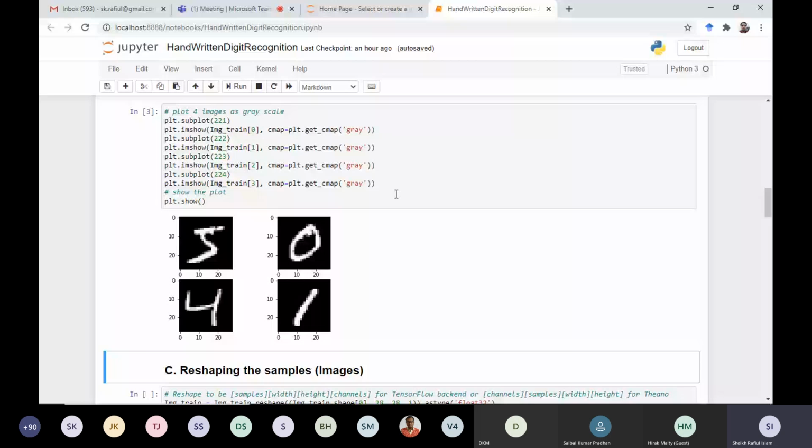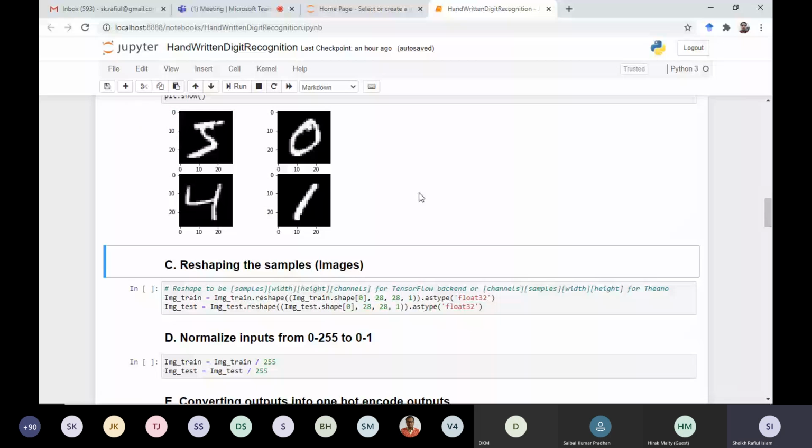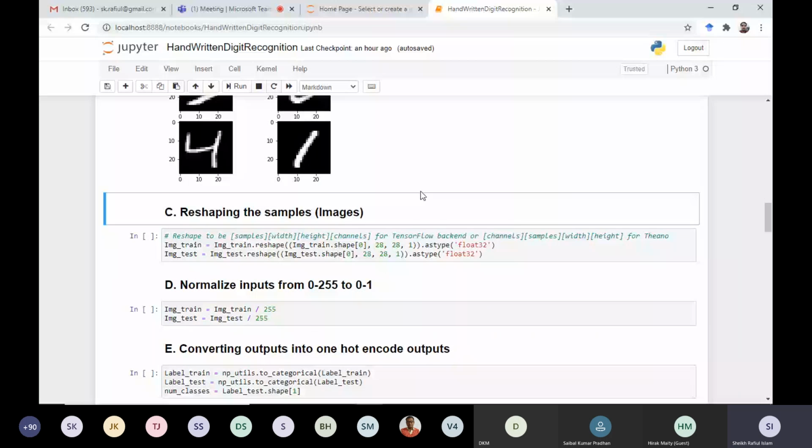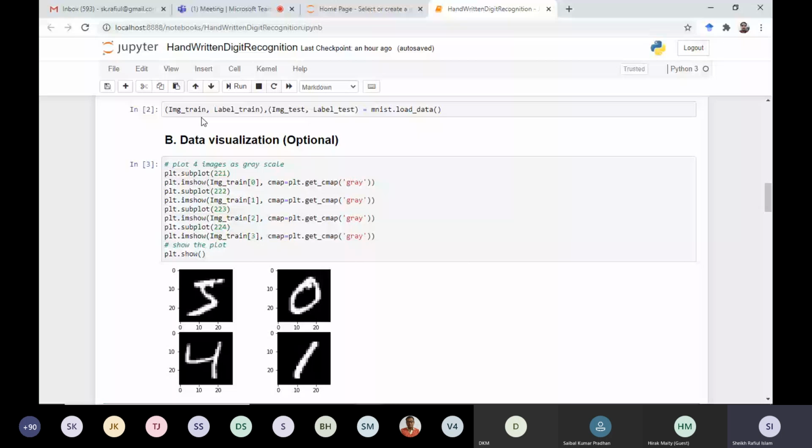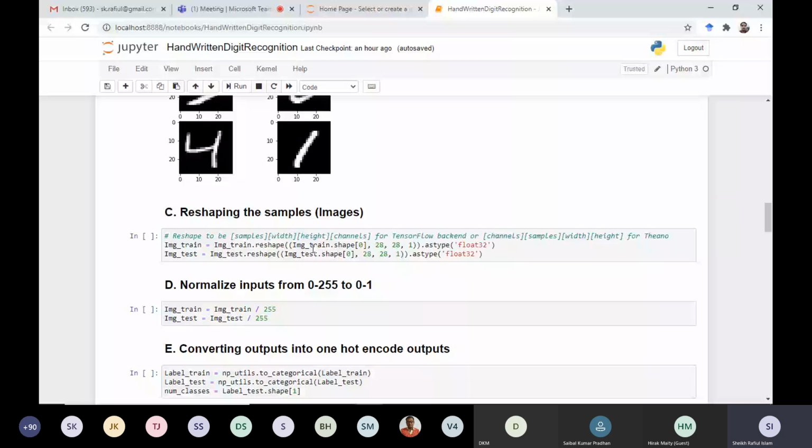After that, we need to convert these images. Image train has the images that reside in the train folder. Now our task is to convert those images into tensors. To do that, we need to use this reshape function, which will be invoked on image train as well as image test data.